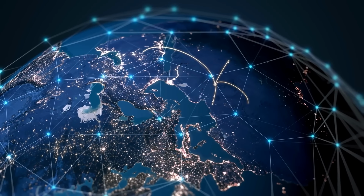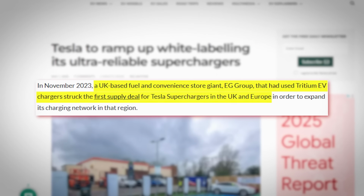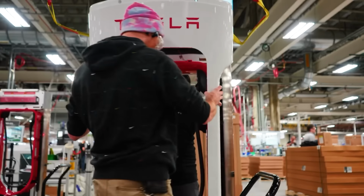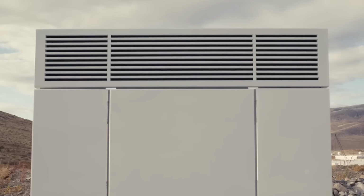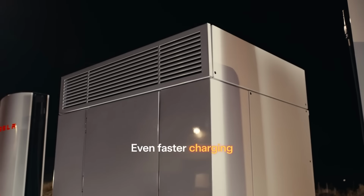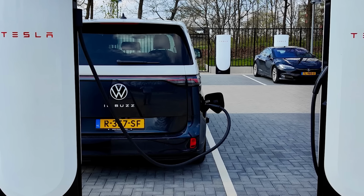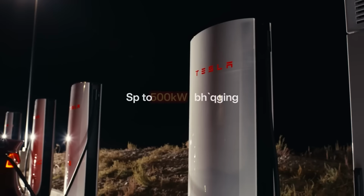Tesla is now preparing to scale this model globally. In Europe, EG Group, one of the largest fuel and convenience retailers, recently signed on as its first large-scale international buyer. Under the deal, Tesla builds the supercharger stalls and cabinets at its factory in Buffalo and ships them to partners like EG, who handle installation, pricing, and maintenance. Tesla plans to present its next-generation V4 superchargers to more potential partners at an industry event in Munich. These upgraded units feature longer cables for easier access by non-Tesla EVs and can deliver up to 500 kilowatts of